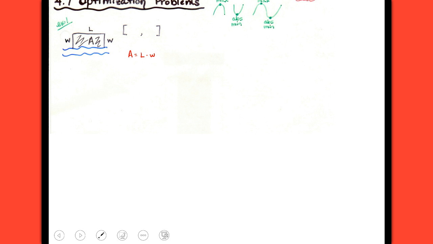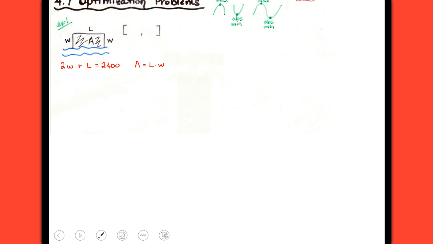So I'm going to go back to my problem and say, okay, there were 2,400 feet of fencing, right? I got to be able to use that somehow. So what's the 2,400 going to be equal to? Yeah, the two W's and the L, right. So I have 2,400 feet of fencing to use here. So I could say 2W plus L has got to be equal to the 2,400 feet